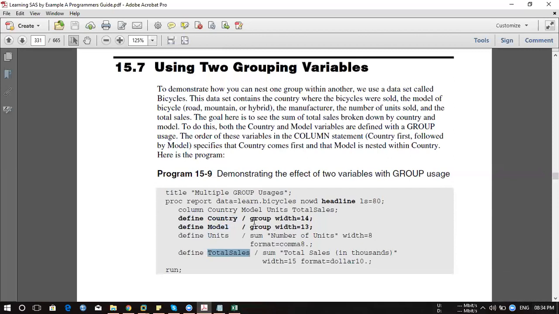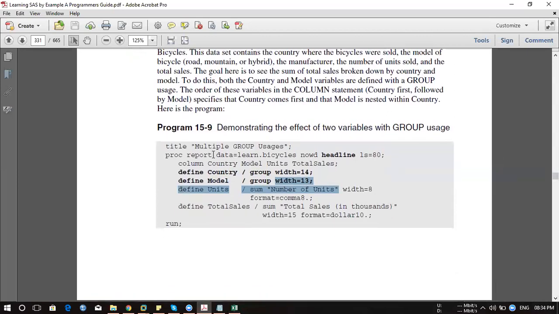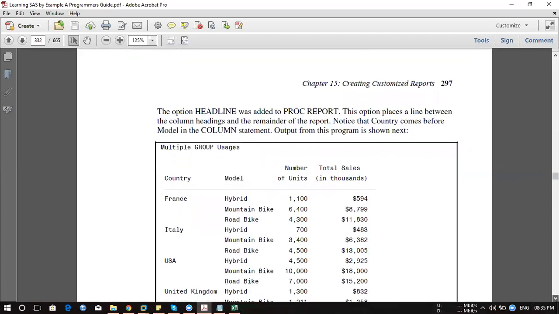So this is your uses. This group is nothing but your uses. This is nothing but your sum you're trying to do. This is the label you're creating. These are the format. Now if you go ahead and look, see again, remember the output will appear based on the sequence which you have provided over here. If you change the sequence, your output will differ. Okay, got it. See this.